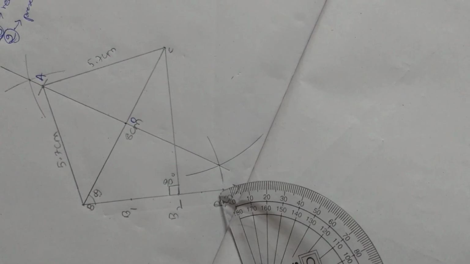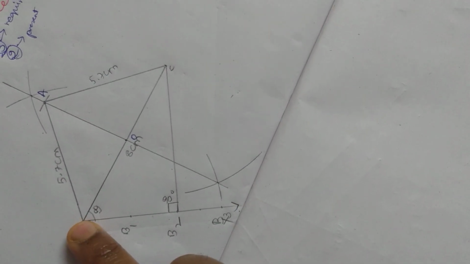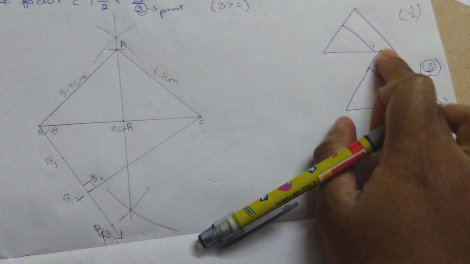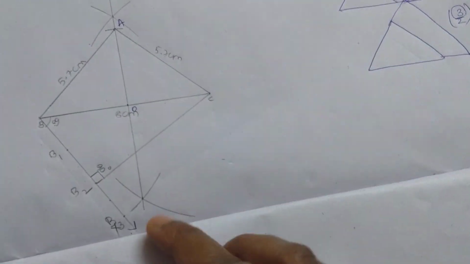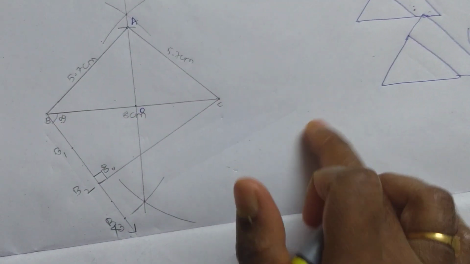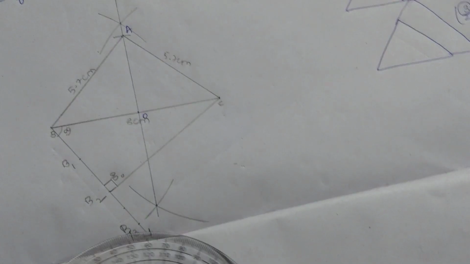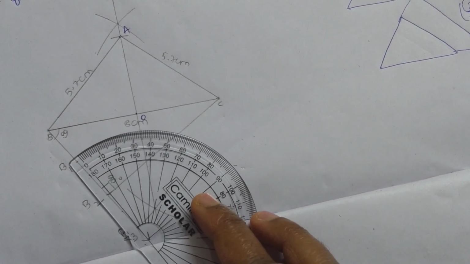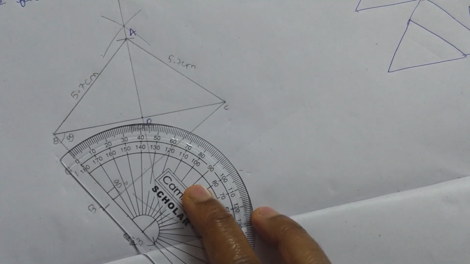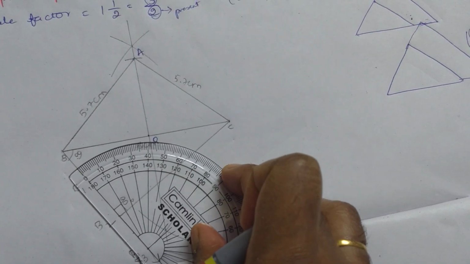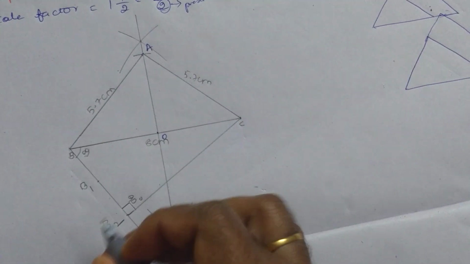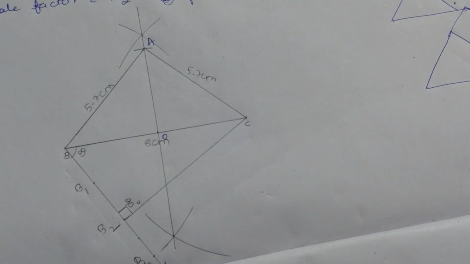And from B3, what did we do in the previous problem? Next step, since the required triangle is exterior, the required triangle will be on this side since the numerator value is large. So in the next step, extend the side BC. After that, with the protractor from the point B3, take 90 degrees. So here is the point. After that, from B3 to this extended line, draw a line parallel to B2C. I will show you now clearly.